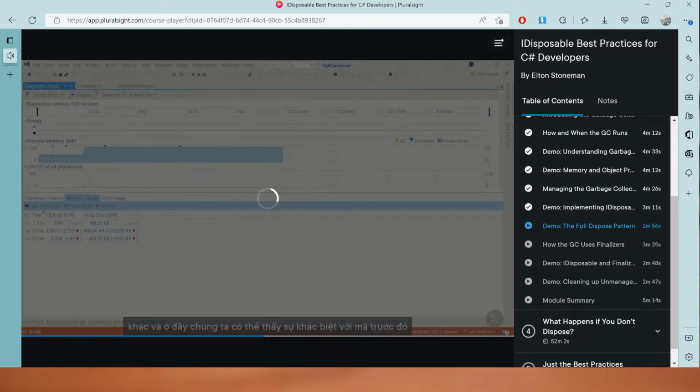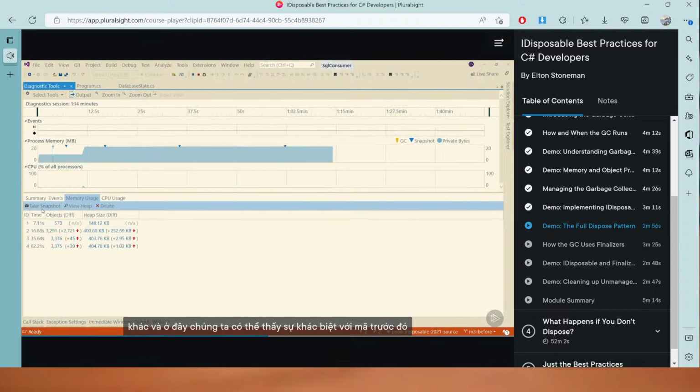and take another snapshot, and here we can see the difference. With the previous code where the object wasn't disposing of the SQL connection, but the GC hadn't run because the app still had plenty of memory available, we would have had 4,000 or 5,000 objects by now. With the new code, I still have the same 3,000 odd objects, and if I look at the latest snapshot,